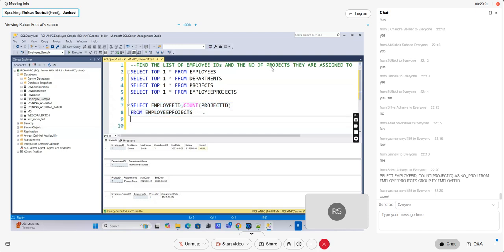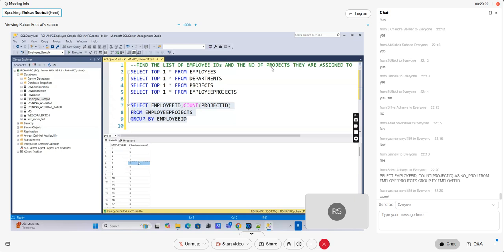Yeah, right. So we'll group by the other thing that is in the select statement, that is the employee ID. Perfect. Because I need the list of employee IDs and the number of projects they are assigned to. So now if I execute, I am getting the list of employees. Employee ID 1 is assigned to 3 projects, employee ID 2 is assigned to 3 projects,